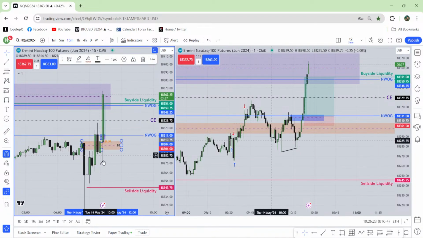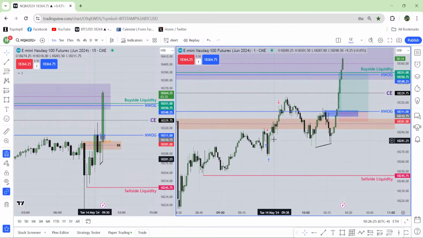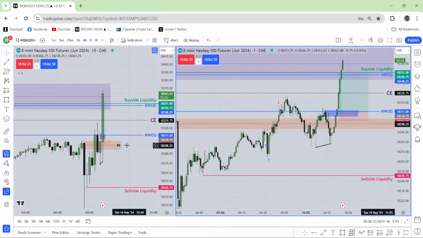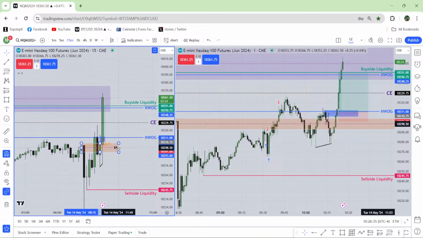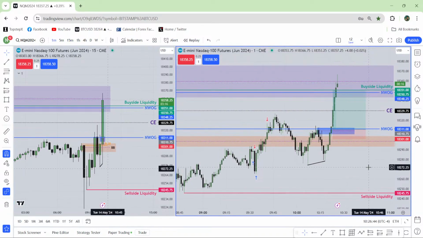So whenever I get the breaker block, like over here, I was so confident that this breaker block is going to work. For the first time, I got stopped out, but the very next time it worked perfectly. It should have worked perfectly. So for me, the breaker block is too clean. If you are confused about the breaker block, don't go for that. Instead of that, wait for the bullish fair value gap. Okay, just wait for the bullish fair value gap. What else can I say? I have nothing to say.